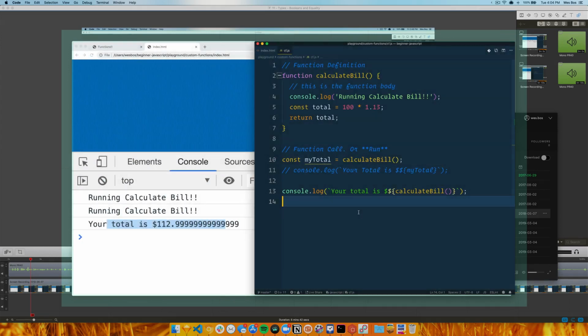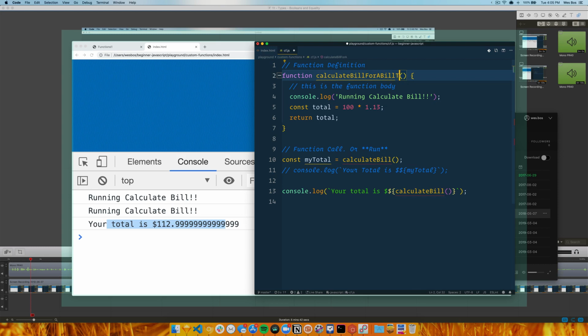Up, let's talk about what's called parameters and arguments. So obviously, we've hard coded here the amount of the bill, and we've hard coded the amount of the tax rate. That's not very good. We always like to say in JavaScript, don't repeat yourself, keep your code DRY. And if you're making a function called calculate bill and you're assuming that the bill is $100 and the tax rate is 13%, that's not good unless we call it calculate bill for